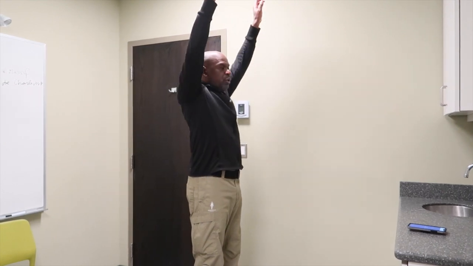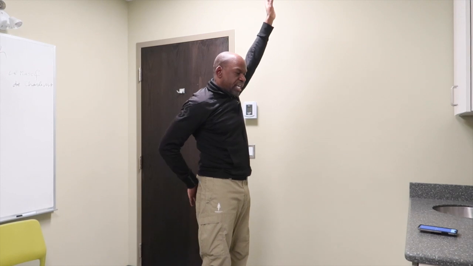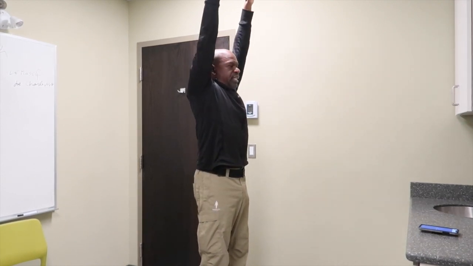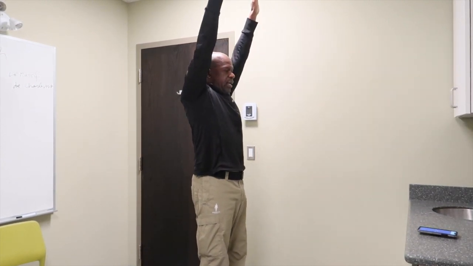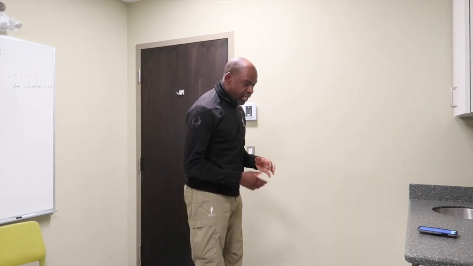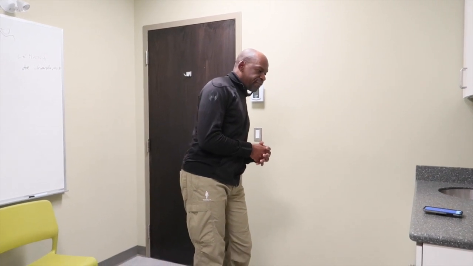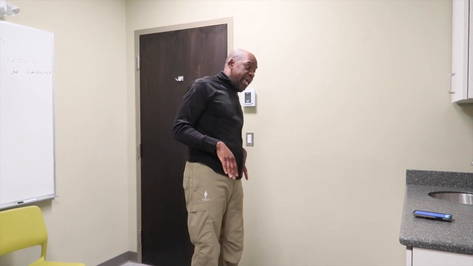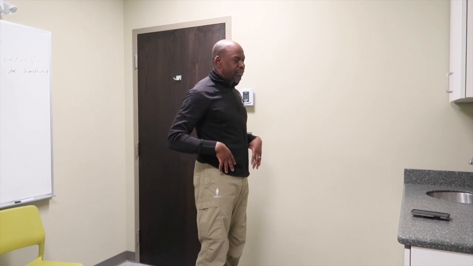And for this one, we're going to reach up to the ceiling. We want to, again, engage our core, engage our glutes, turn all of these on, grip the floor, reach towards the ceiling, and then we're just going to tilt towards the wall, touch and back. Touch and back. Now, the one thing I should point out is that we don't want to push that hip away from the wall as we're doing it, so that we, in fact, bend at the hip as opposed to bending at the thoracic spine.